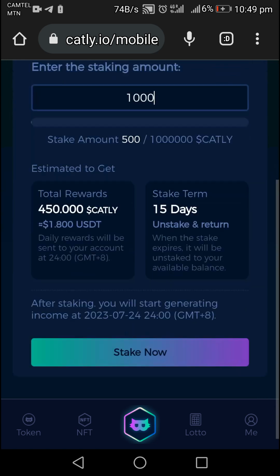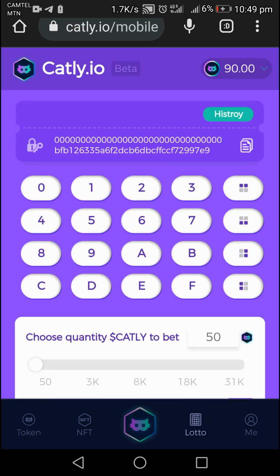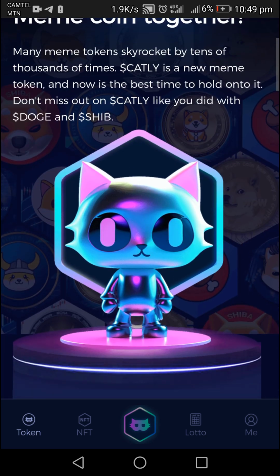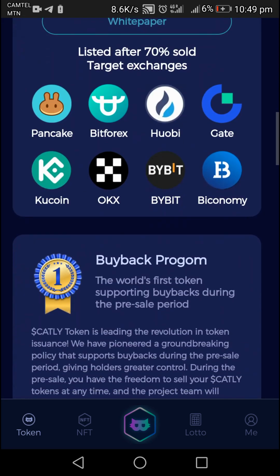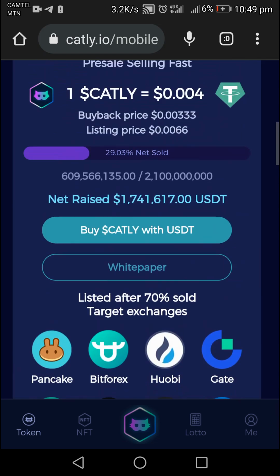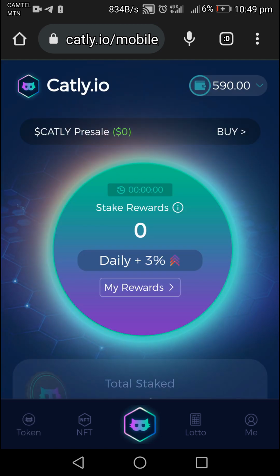So guys, as you can see, Kali is very serious. The guys are very serious. They have a good white paper. If you go through the Kali app, you see the white paper is actually nice. You know that Binance will never associate themselves with a fake company. So make sure you take this Kali mining seriously. If you don't want to invest money, you can just use the free mining rate to be earning your USDT.